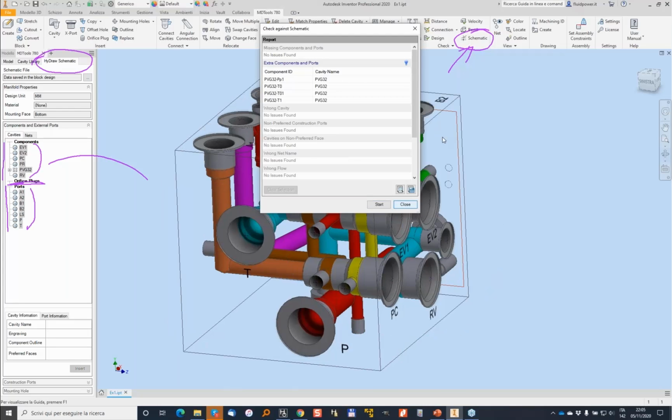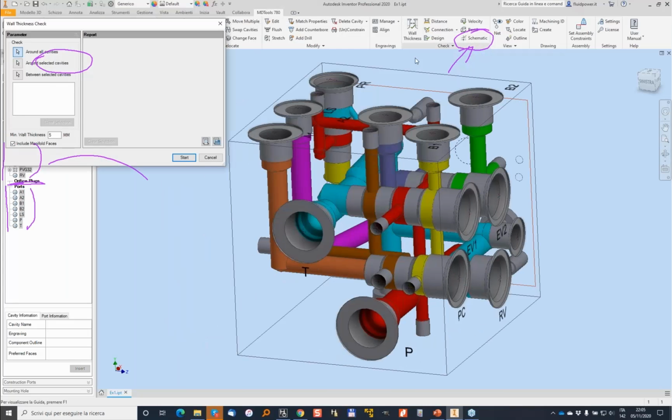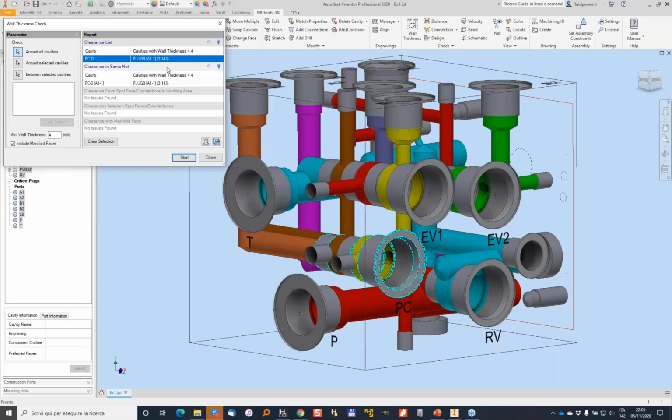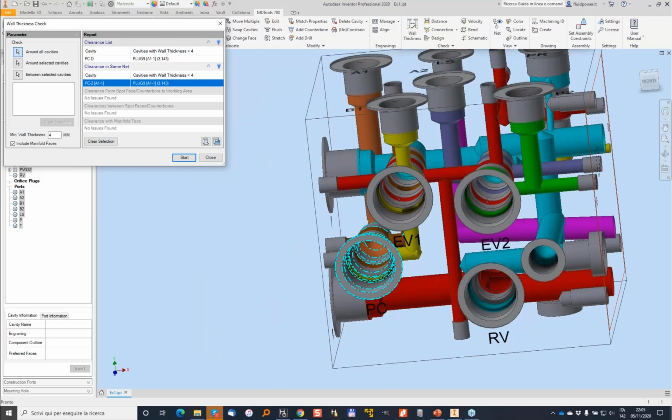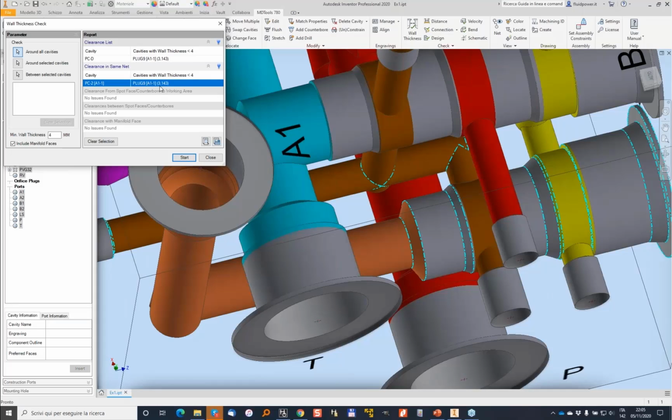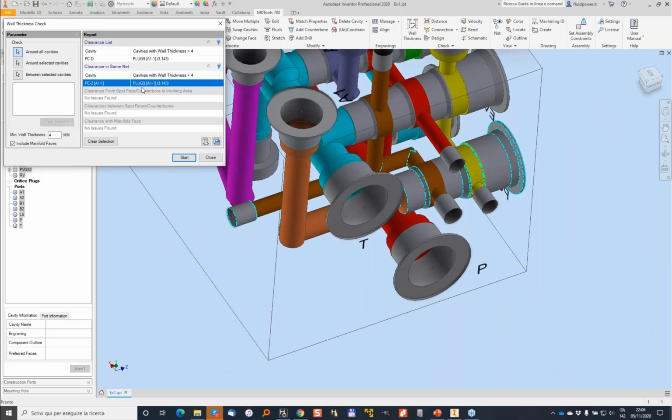I'll jump to the differences between the diagram later, when we start designing. If we run the wall thickness check, which is the second command that we want to study here, we can do a wall thickness check of maybe 4 millimeters around the whole block, and we can start it. And as you can see here, we have a list of potential errors in our block. So we have clearance between cavities. The clearance can be within the same net. In this case, it is between plug 9 and